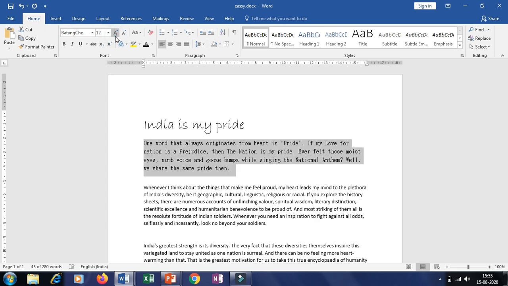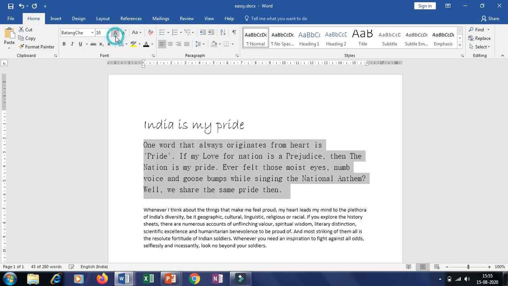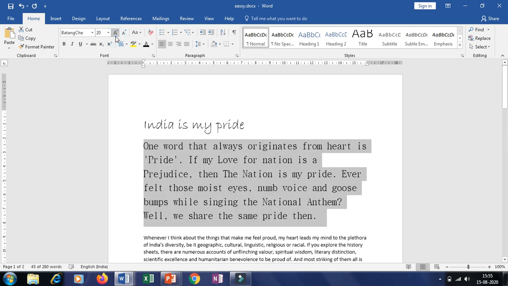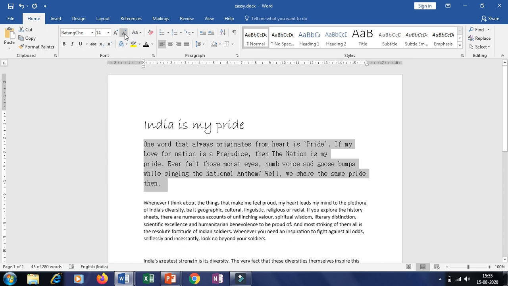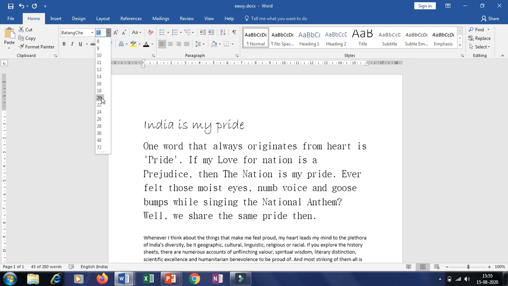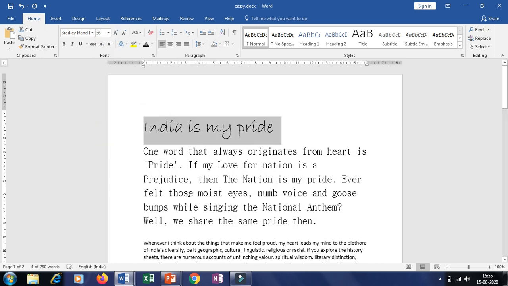We'll click on that, and the size increases by one point. If this is too big, you can decrease from here, that is decrease font size. This way you can change the font size. I'll take 20, and this I'll take to 36.